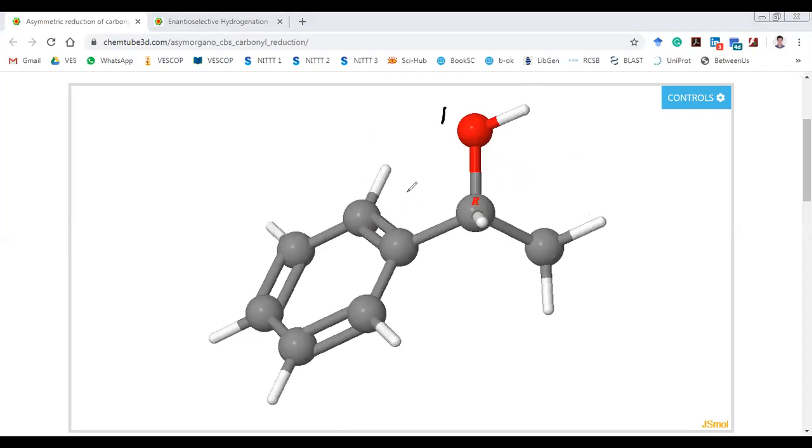So you have 1, again you have 2, and this is 3. Now you are going in this case in an anti-clockwise direction from the highest rank order substituent to the lowest rank order. But since the lowest priority group is towards you, and this is anti-clockwise, again this would be R. Okay. We are deviating slightly from our asymmetric synthesis, but this is just a recap of how R and S isomers are defined with the help of 3D animation. Okay, we return back to the slide now.